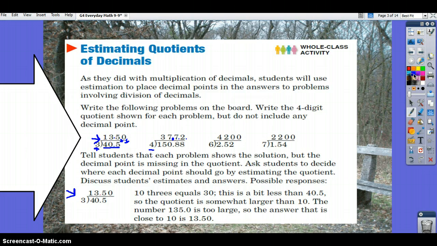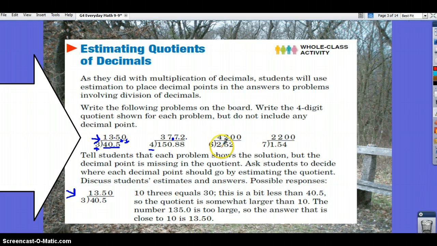Now as I look at the next problem, again I only have 2.5 and I'm dividing it into 6 groups. Wow. Well, I know here would make sense. 4,200 when I only started out with 2 wholes and 52 hundredths. It wouldn't make sense either here for 420, not here at 42, not even here at 4.2. I only started out with 2.52 to begin with. The best place for my answer that makes the best sense is to put it first for